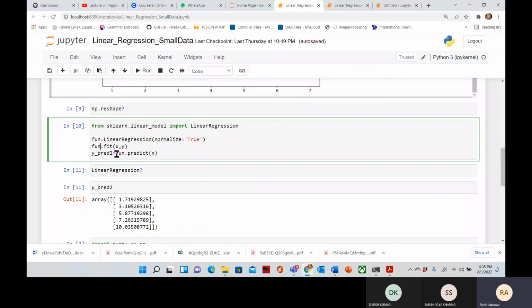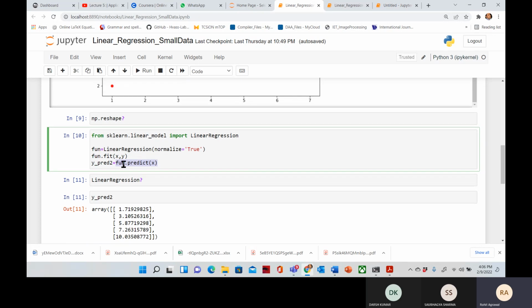Now we are also predicting on the same x value, and we want to check whether the y value that is actually given and the y value that we are predicting are the same or there is some difference. Difference means error. The same thing you asked me in the class: sir, please show me one example which will show this error. Do you remember someone asked? Sir, I asked the question. Okay, you asked. So see, we are using this fun dot predict.